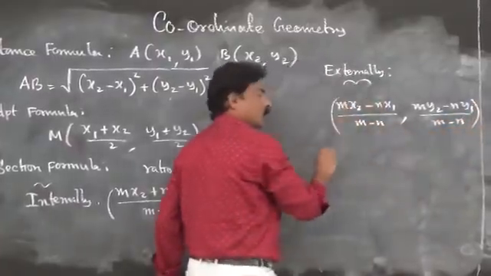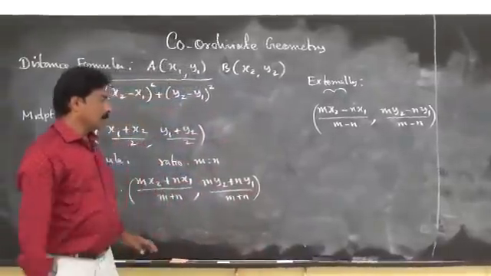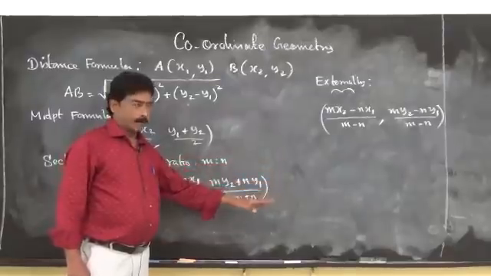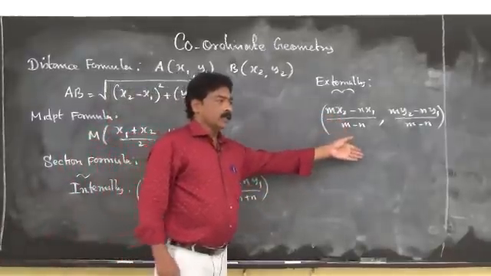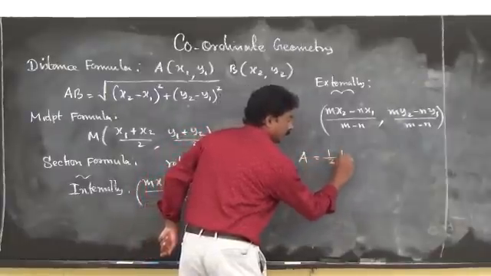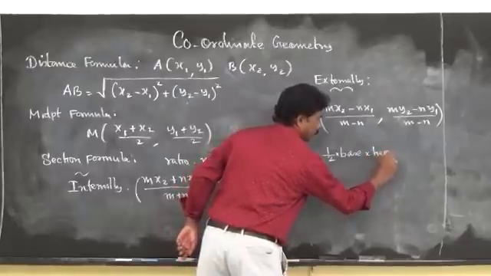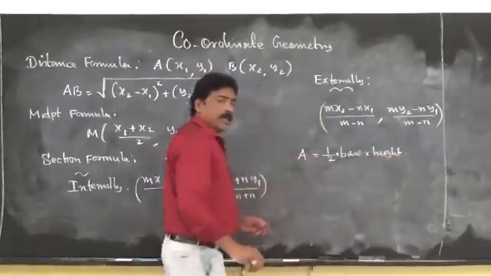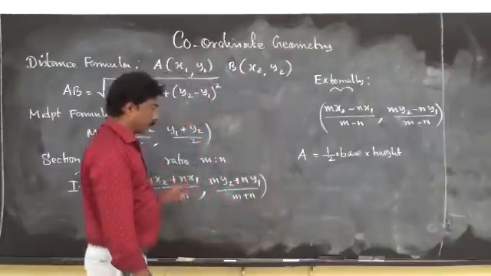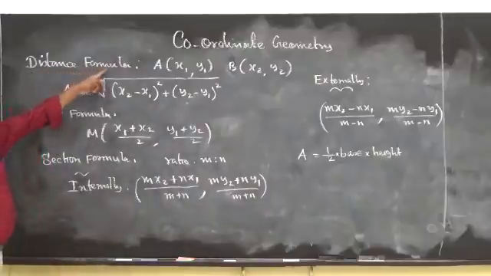These are the basic concepts we learned in 9th standard. Now in 10th standard, we are going to learn about how to find the area of a triangle, area of a quadrilateral. Area of a triangle in lower classes, we know the area of a triangle is half into base into height. That is in lower classes. Now in coordinate geometry, when 3 vertices are given, how to find the area of a triangle. So this is basic.